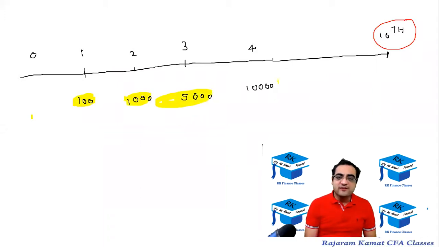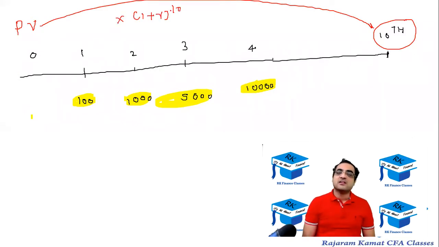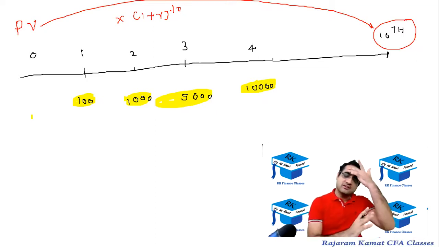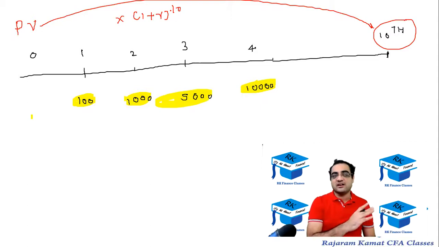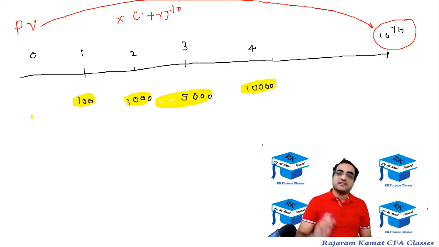With the help of the CF function, you get them in the present. That means you get their present value over here. Once you get the present value, take it ahead directly by doing into 1 plus R raised to 10. So instead of taking individual cash flows ahead from year 1 to 10, year 2 to 10, year 3 to 10, and year 4 to 10, get those cash flows of years 1, 2, 3, 4 in year number 0 by doing NPV, and then directly take it to year number 10 by doing into 1 plus R raised to 10.